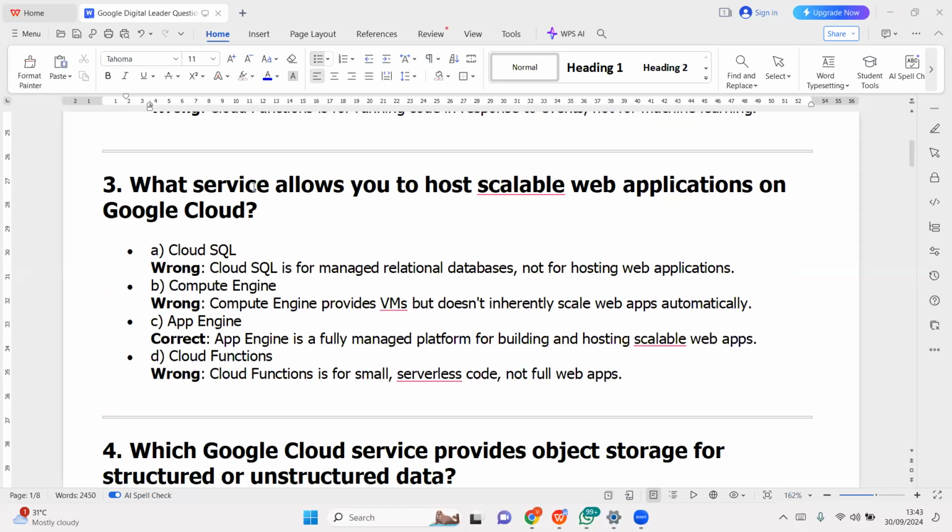Number 3: what service allows you to host a scalable web application on Google Cloud? We're trying to talk about hosting a scalable web application. So one is to host, right? The second thing is web application. The first option is wrong because this is just going to help you manage a relational database. This one is wrong because in Google Cloud,